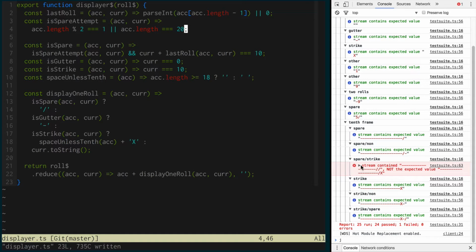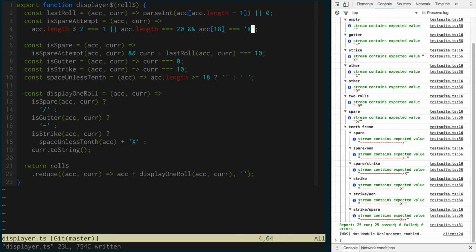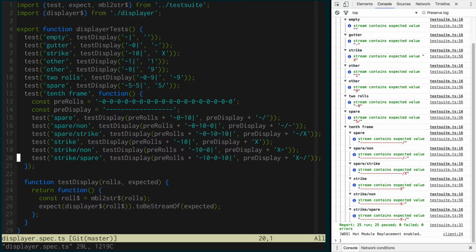But notice it messes this up, the original spare strike. So what we really want to do is add to that the act length is equal to 20, and that the first roll of the 10th frame was a strike. And now we're green. Okay, so that took care of that situation, and that looks good. Let's go ahead and see what else. We've got strike and a spare. So now let's go handle strikes